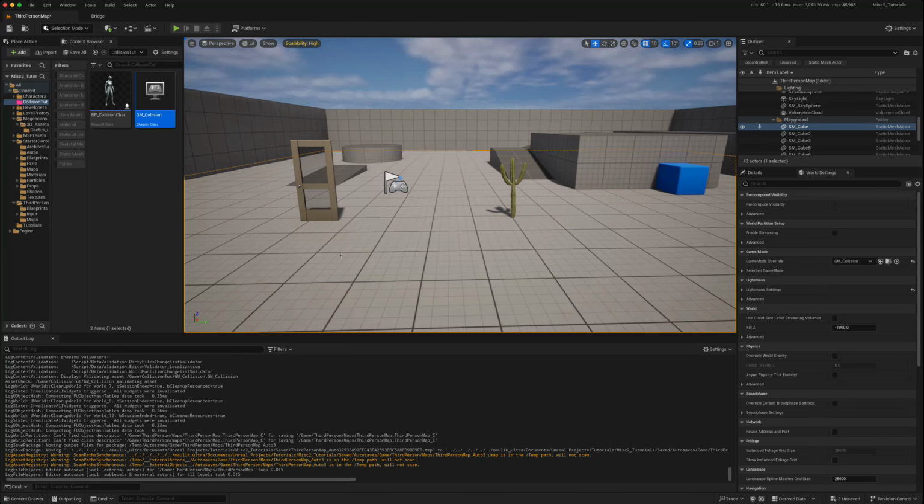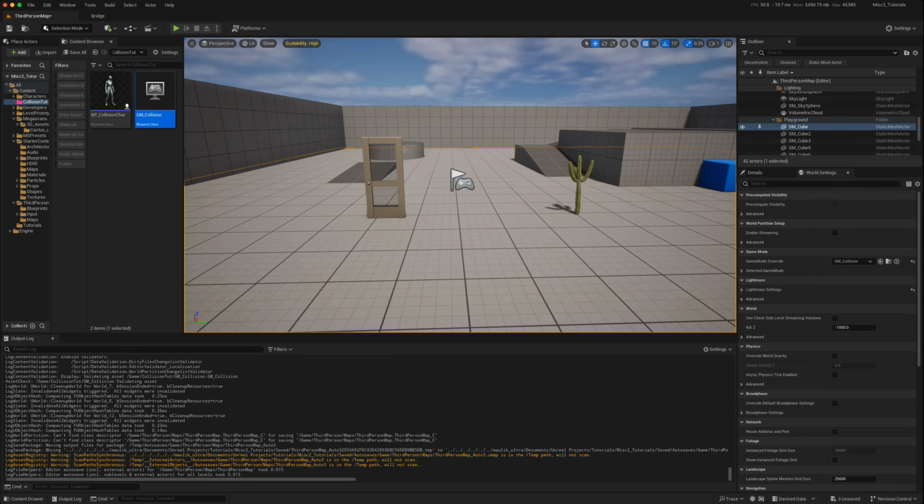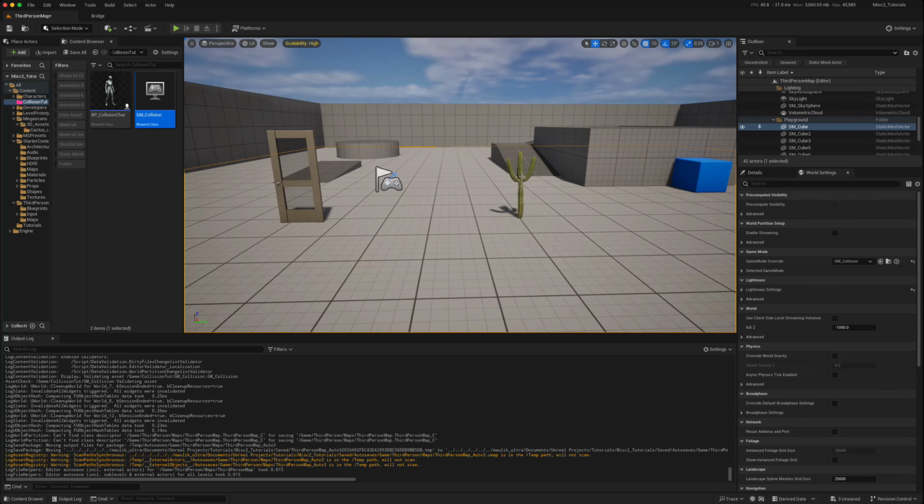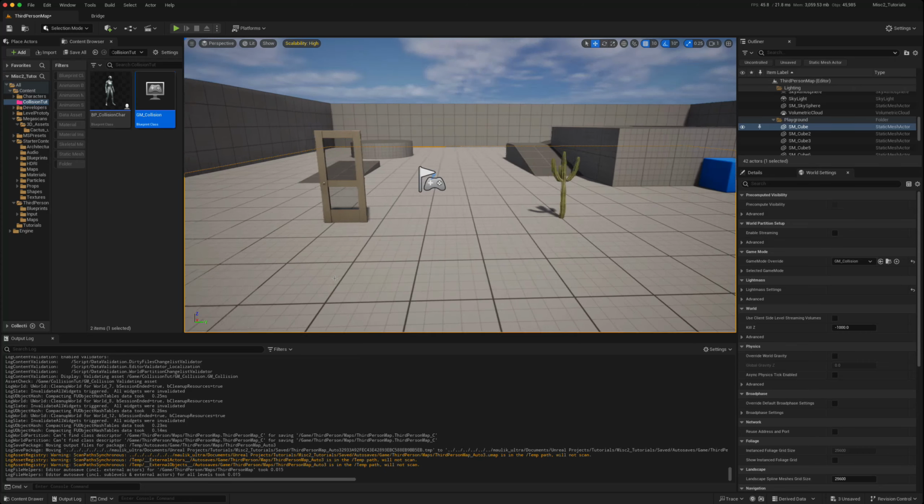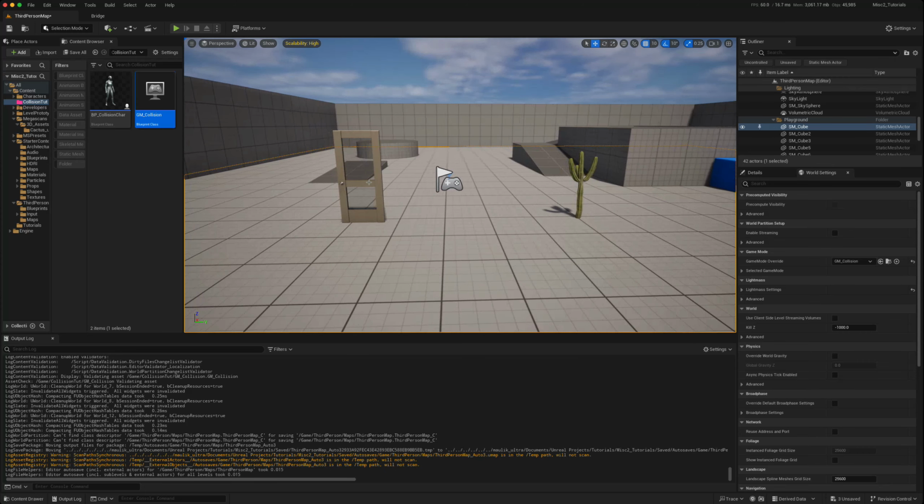So let's say in our game we have interactable objects like doors and windows and treasure chests, and say we have pick-upable objects. So things like this cactus or a coin and so forth. And when a player is actually looking in the direction of these types of objects, running a line trace, we want it to be able to determine which one is which based simply on the trace channel or the object